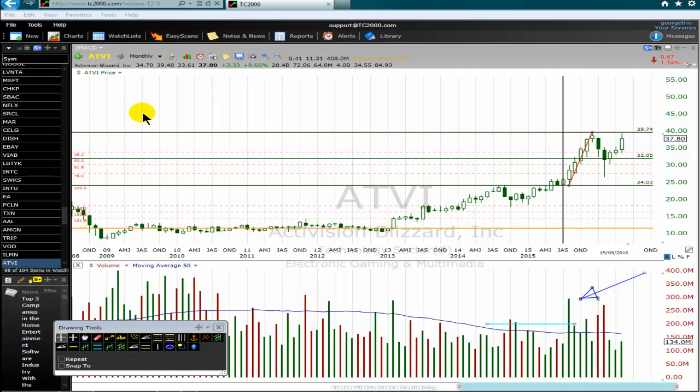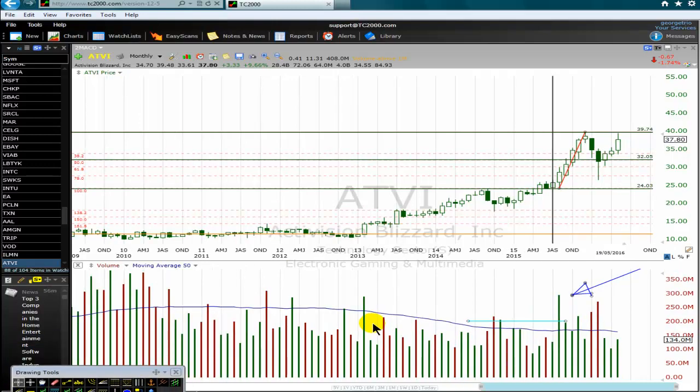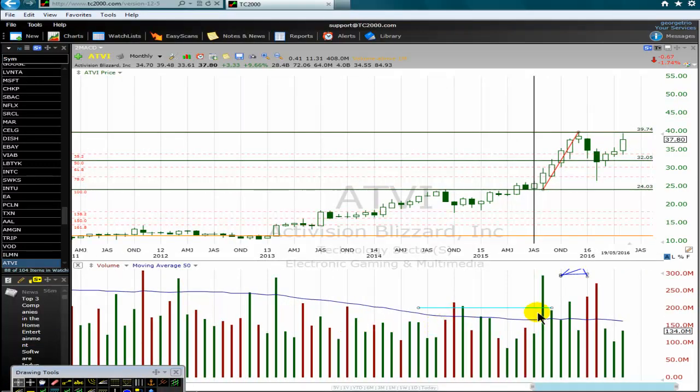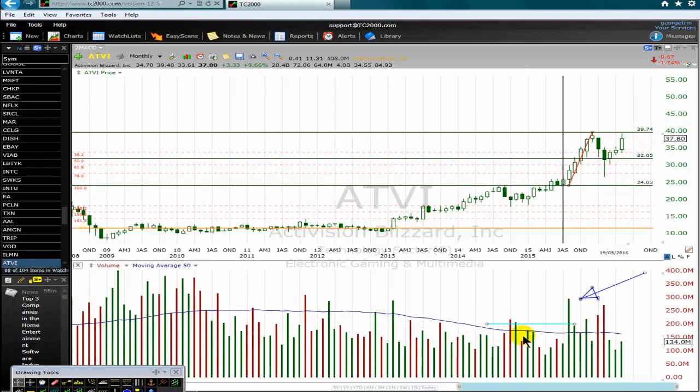We are on a monthly chart of Activision Blizzard Incorporation. This is a Nasdaq 100 component, and we want to discuss how to trade momentum and stock volumes like a pro. All right, so we can see that on this chart, if you check carefully the trading volume,